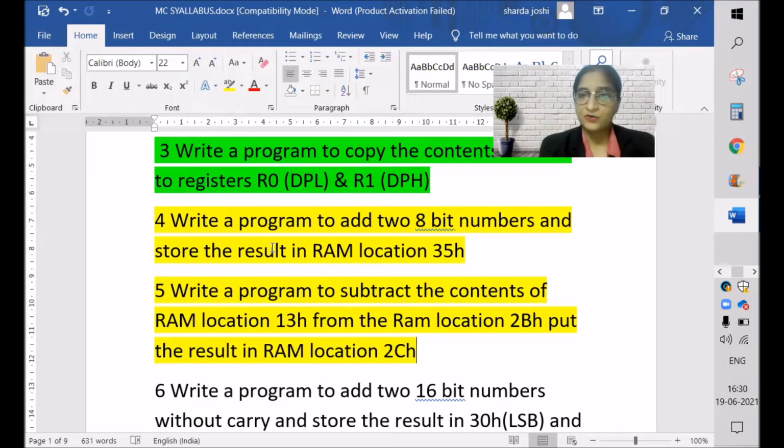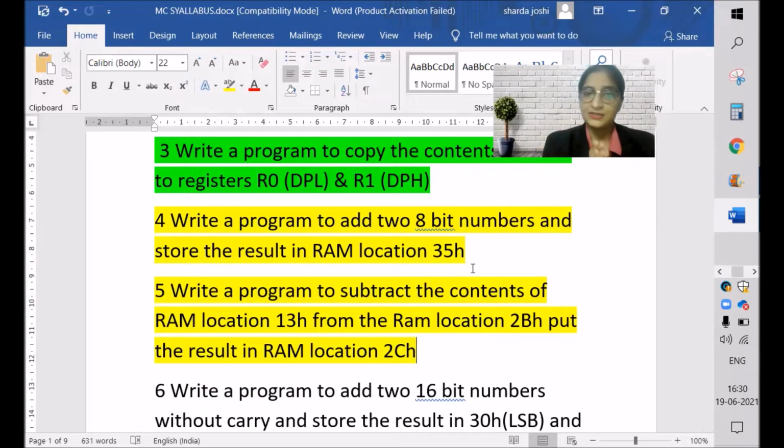So what exactly are we going to do? We'll take two data, each 8-bit. We'll add both the data and the result should be stored in 35H. 35H is our RAM location. So that is our program 4. Then the 5th one is our subtraction. Again, we'll be taking two numbers and doing the subtraction.